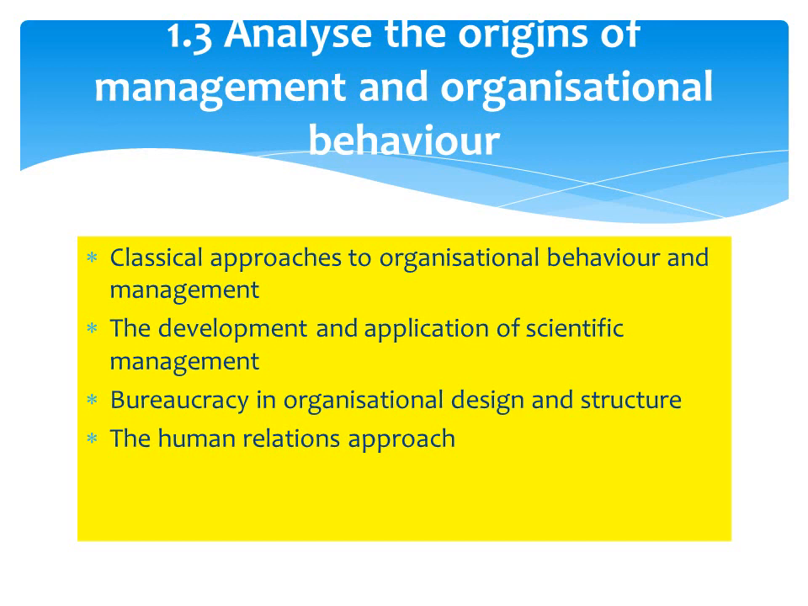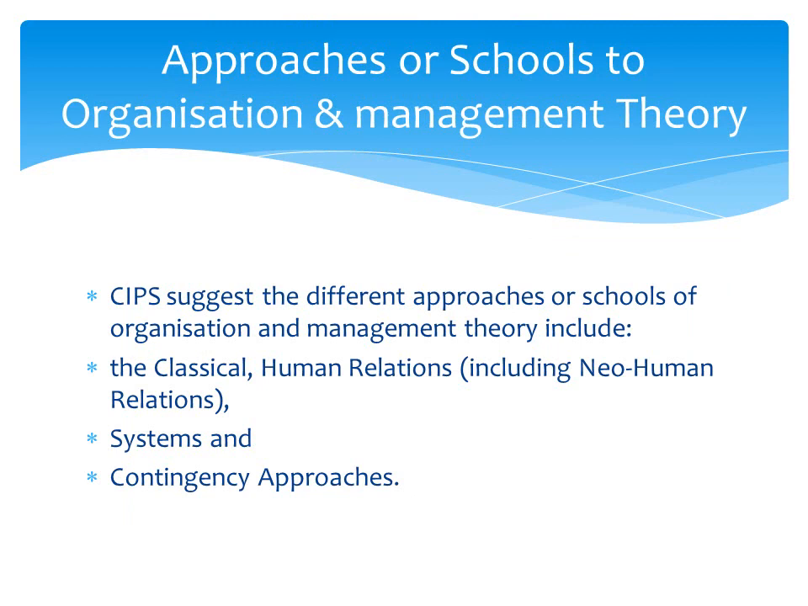Okay. I think you'll be a bit happier with this. It's much more straightforward. So classical, scientific management, bureaucracy and human relations. Very heavily examined as 1.3. Sometimes they can be called schools of management or approaches to management. And CIPS suggests the different approaches or schools can include classical, human relations, including neo-human relations, which just means new,